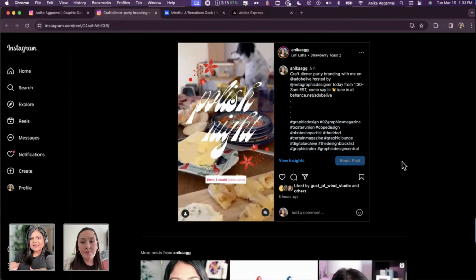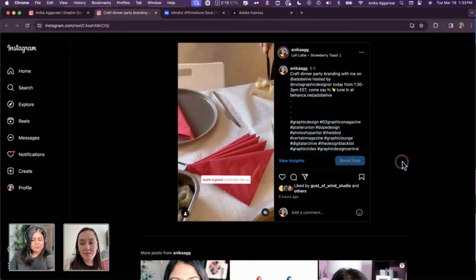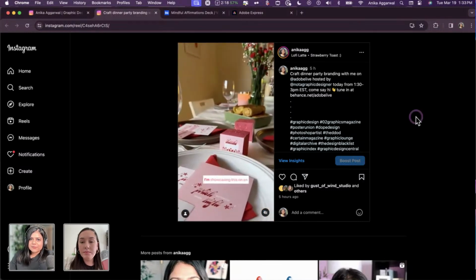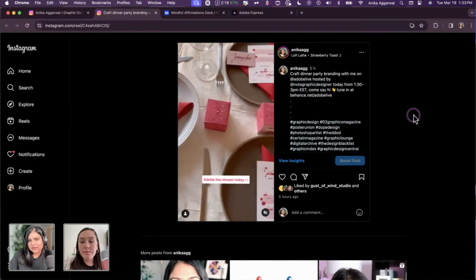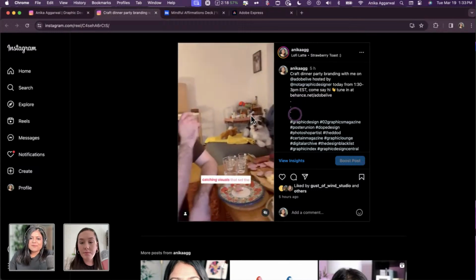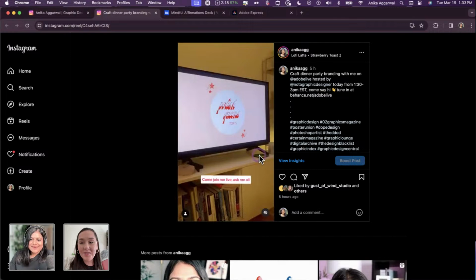I do want this to be accessible, so everything that I use in terms of keyboard shortcuts will be on my screen here on the top right. And I also have a mouse cursor here. So in case anybody has questions for the keyboard shortcuts, you can just ask if you miss it. But those are my friends. This was our dinner party last weekend. And yeah, that's what we're doing today.